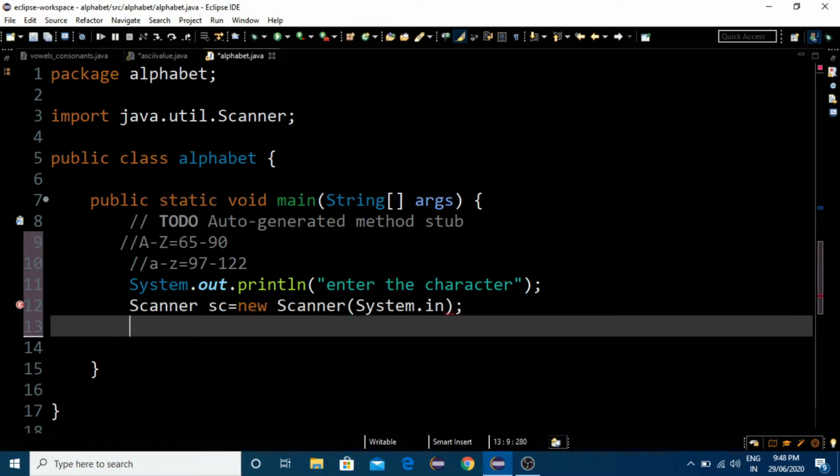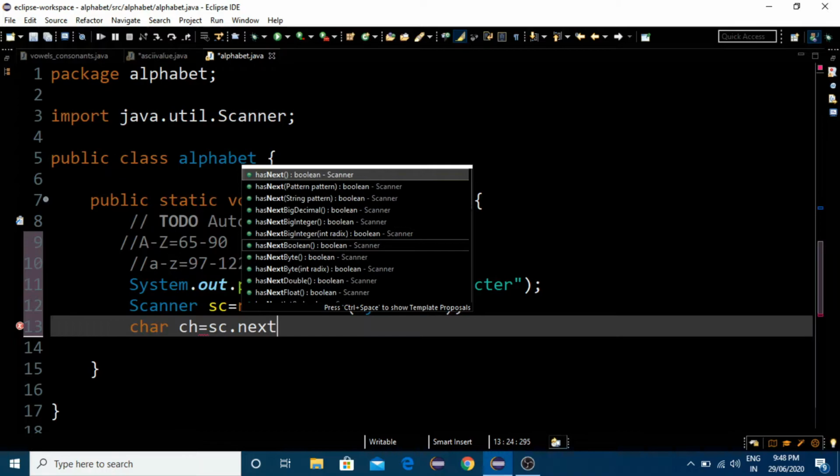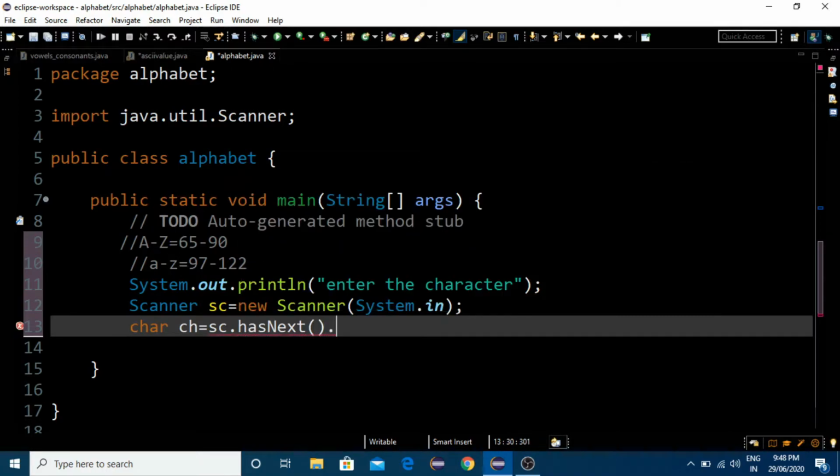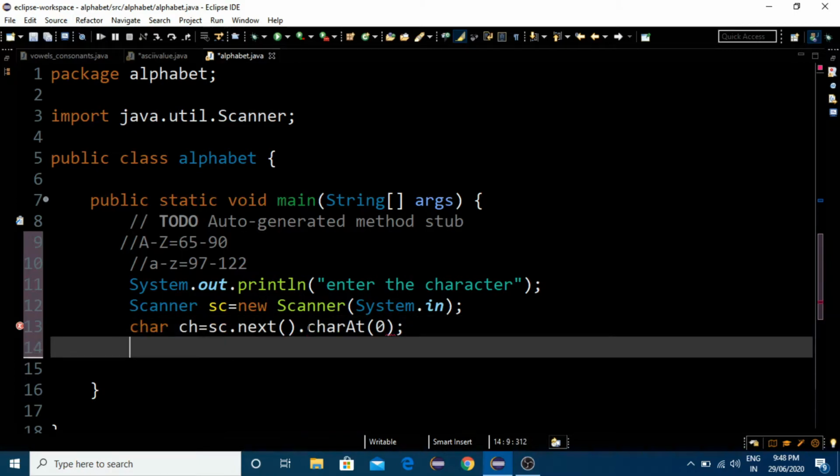Now we shall assign this input to the character variable ch, using sc.next().charAt(0), so we take each individual character.